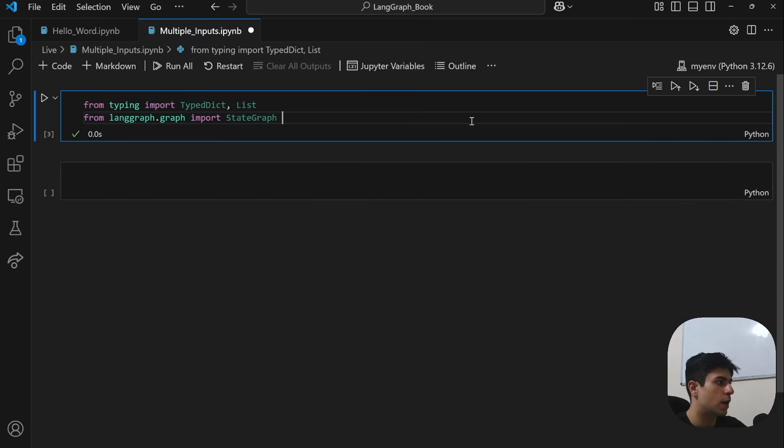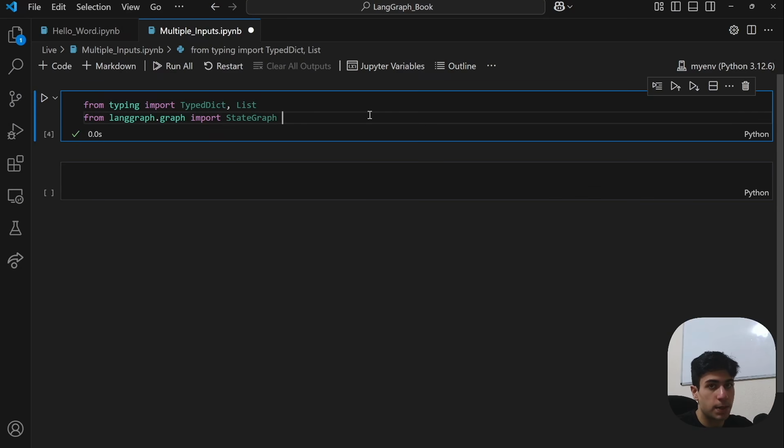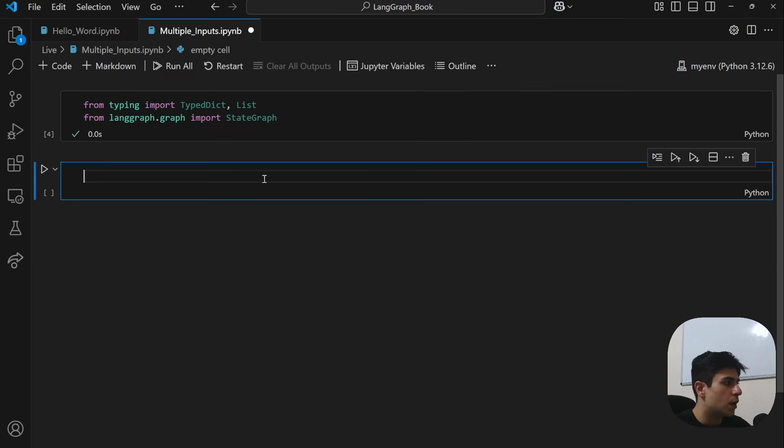Okay, so now let's actually code the second graph up, the second application up. So again, I've just imported the same things again, the type dictionary and the state graph, and I've also imported the list this time. But list is just a simple data structure which you should know already. So if you remember from the previous graph we made, we are supposed to implement the state schema first, right? So how do we do that? Again, we use the class agent state